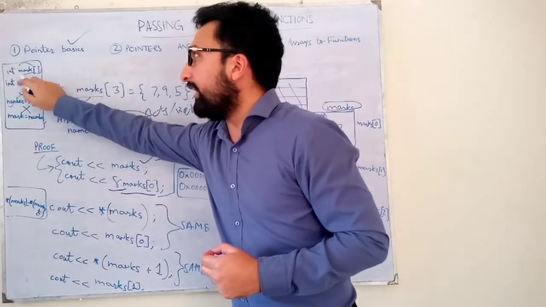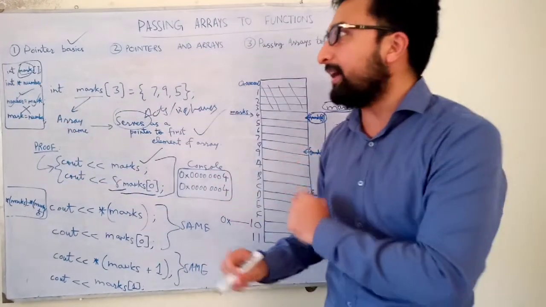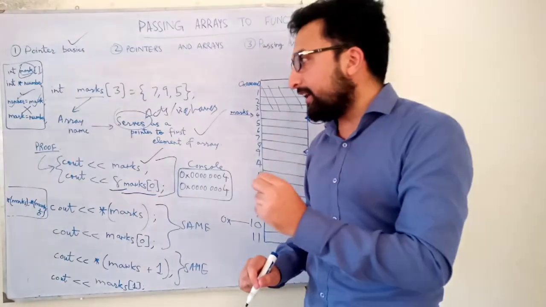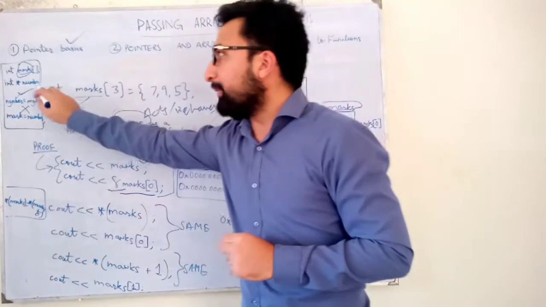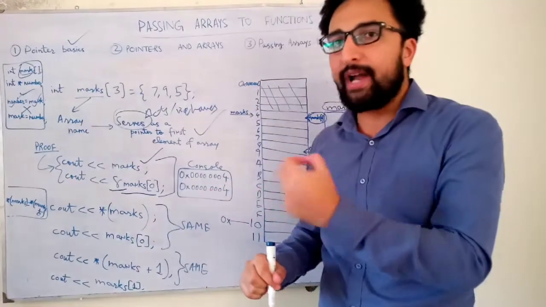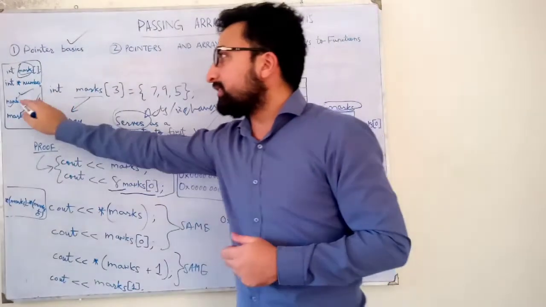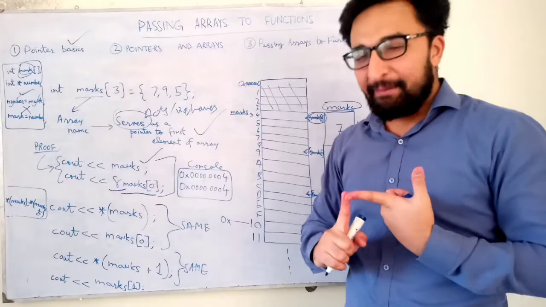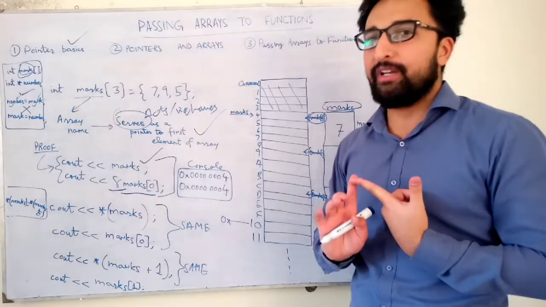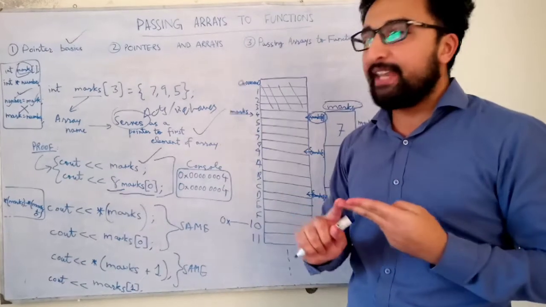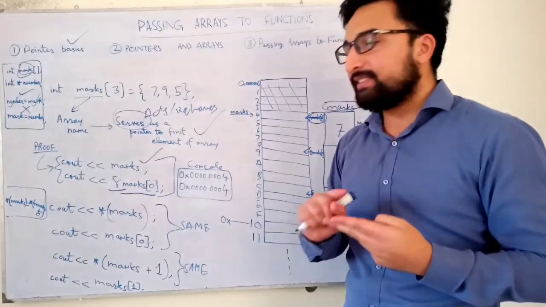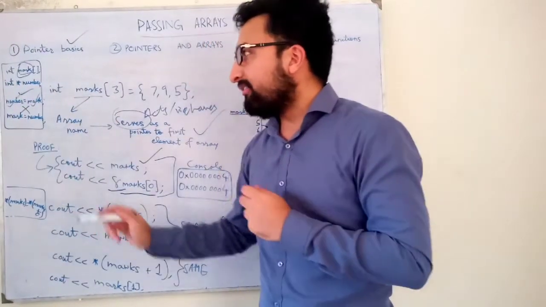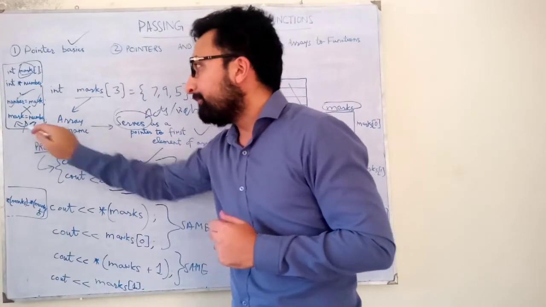So it can be treated as a pointer to the first element of the integer array named marks. So marks is serving as a pointer to the first element of the array, and number in itself was a pointer variable that was defined as a pointer variable. So these things can be equated to each other. Number is a pointer variable, while marks was defined as a name of an array. However, names of arrays serve as the pointer to the first element of the array. So these two things can be equated to each other. However, the reverse is impossible because